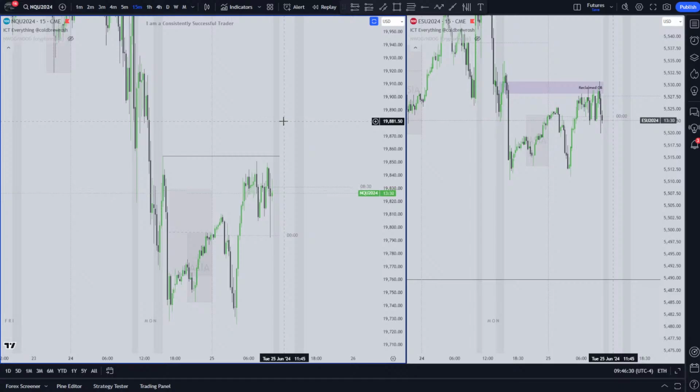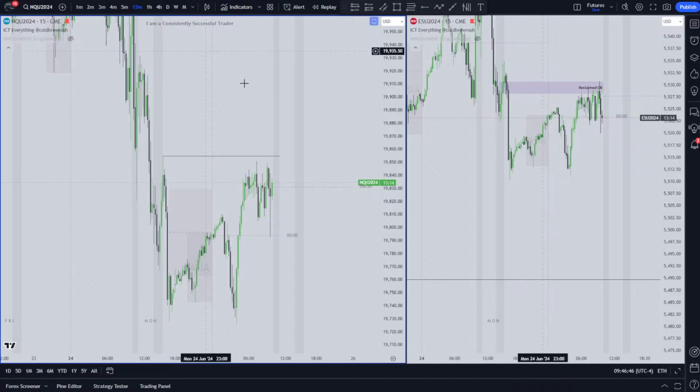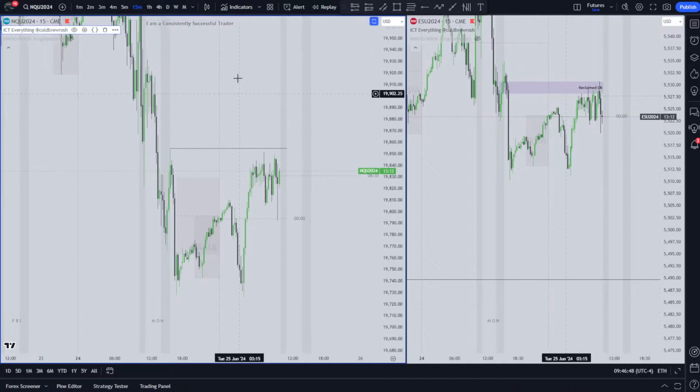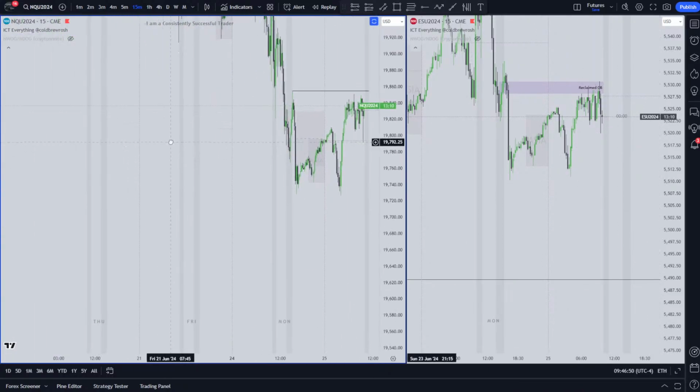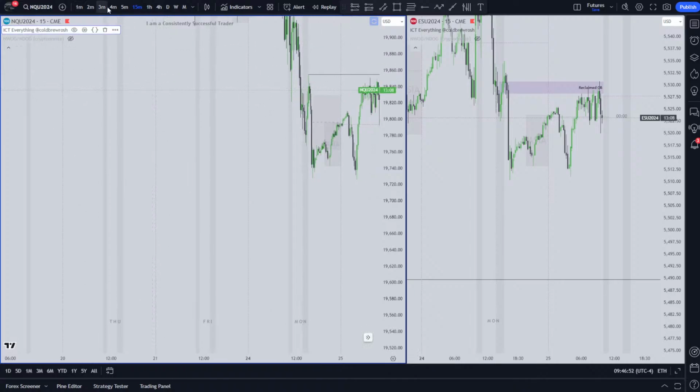Something I wish I'd delved into a little bit more when I was first learning ICT was different variations of the 2022 model. Because I feel like the variation he gives is good, but he could have given so much more detail to make it higher probability. For example, it's essentially what we just